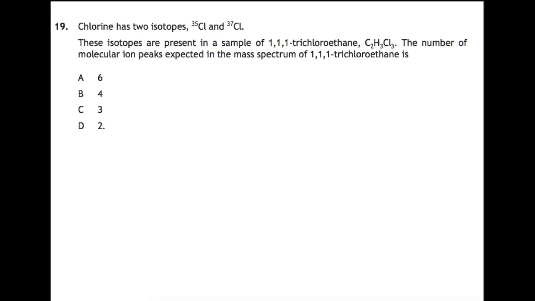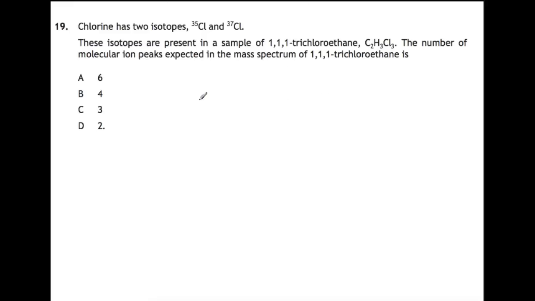Question 19. Chlorine has 2 isotopes, 35 and 37. These isotopes are present in a sample of 111-trichloroethane. The number of molecular ion peaks expected in the mass spectrum of 111-trichloroethane is what? So your molecular ion is the highest mass ion and is based on what you have there